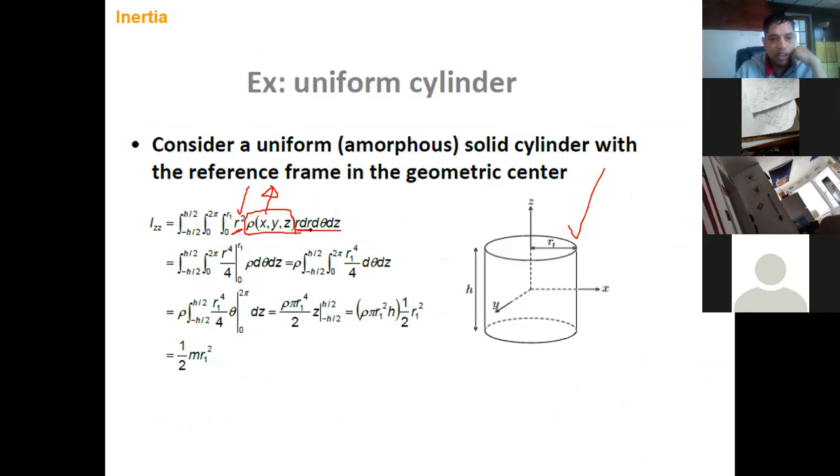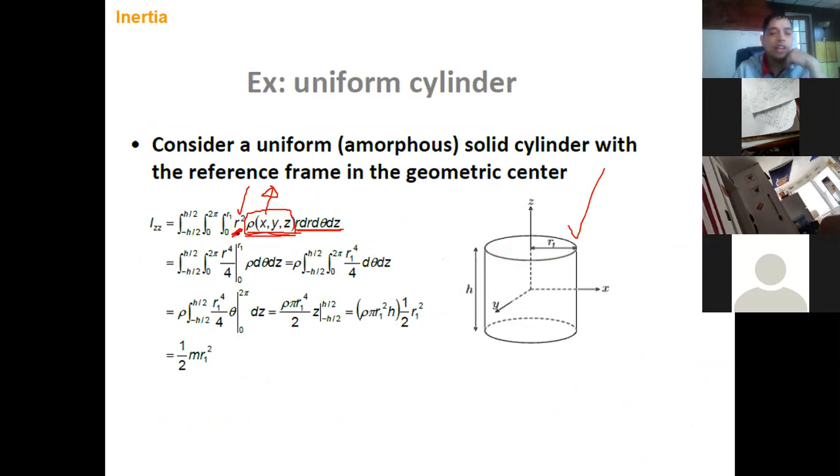So this is dV in the cylindrical coordinate, and rho, obviously this will be constant, right? I'll consider this as constant in this example too. Then x squared plus y squared is r squared. Now let's choose the